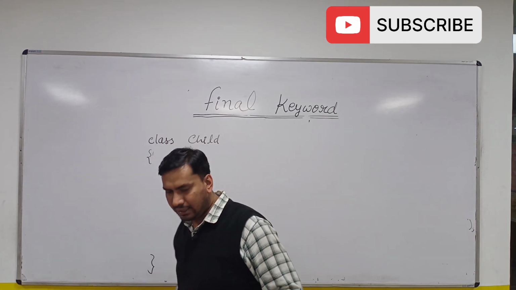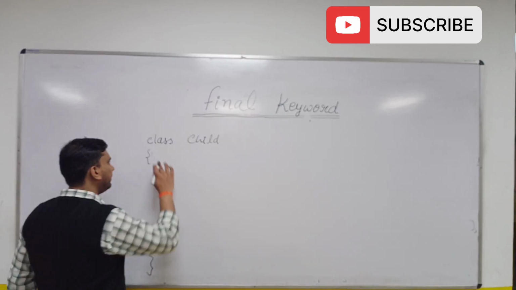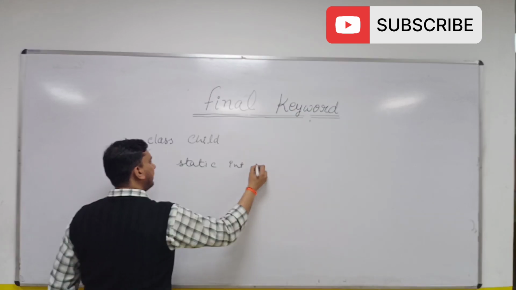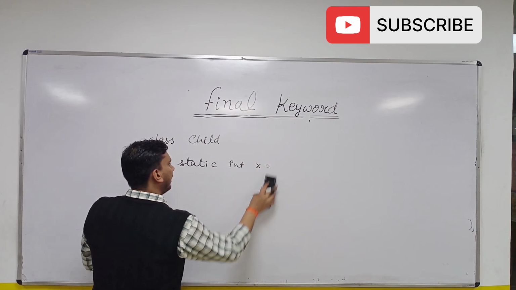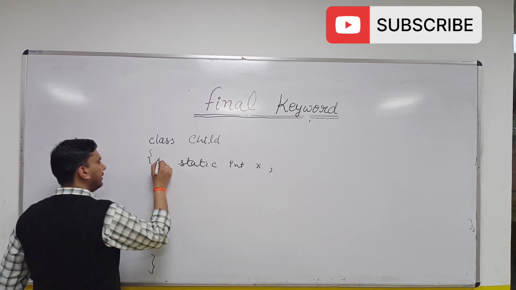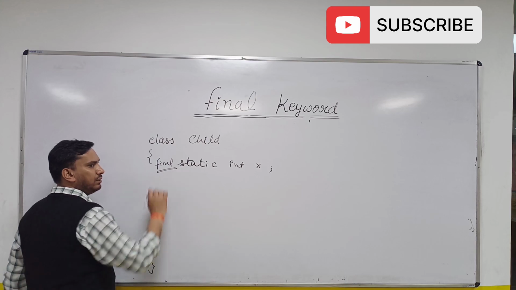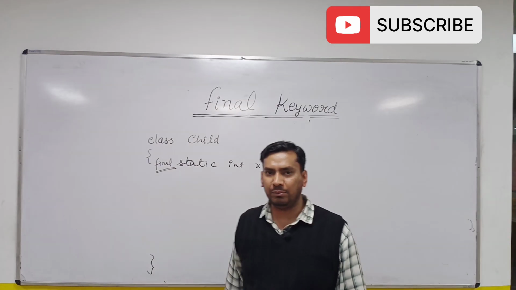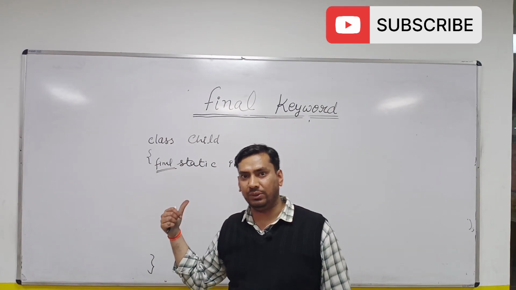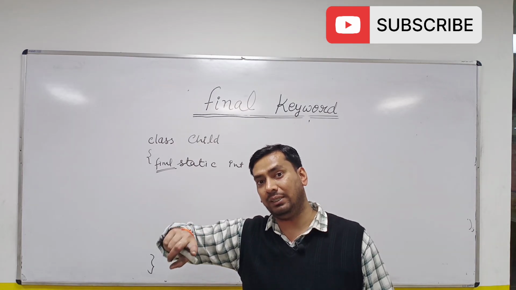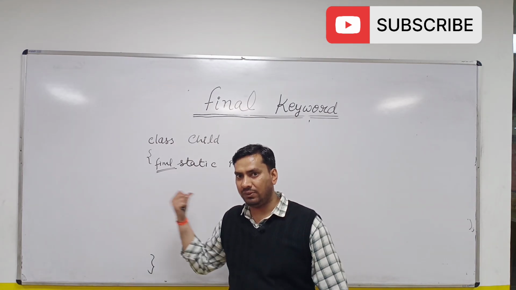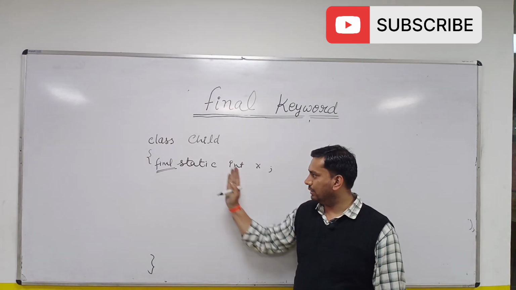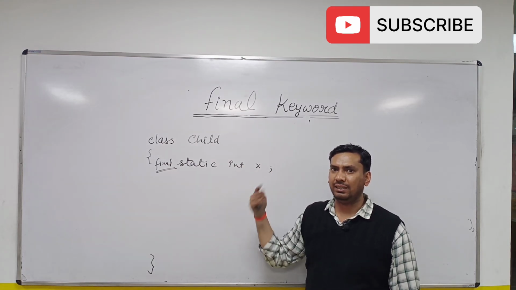Second one is if you are having some static data member. Let's say I am having a static int x. Now I am declaring static int x as final. Again there are two places where you can initialize the static data member of your class, and here the compiler will make you confused. The compiler gives you a wrong message in case of static final members. The final static int x will give you a compilation error because this is a final member and I am not initializing it.